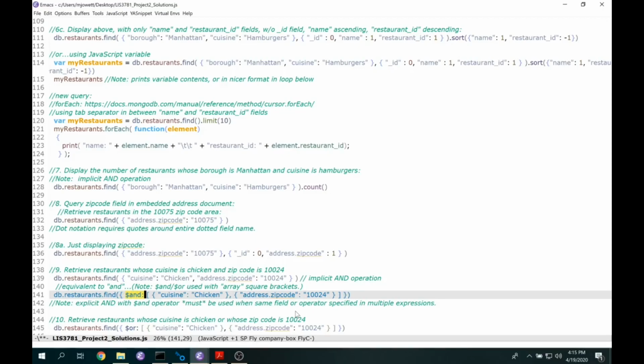If it's an operator or something specific to MongoDB, it's going to have a $ sign in front of it. If it was an OR logical operator, which we'll see next, it'll have a $ sign. So, AND colon, and then we use our brackets to indicate what we want to compare in here. Now, if we wanted more than one in that AND logical operator, we could just do comma and put those separate key value pairs. So, AND colon bracket, curly bracket, field value pair chicken, comma, address.zip code colon 10024,